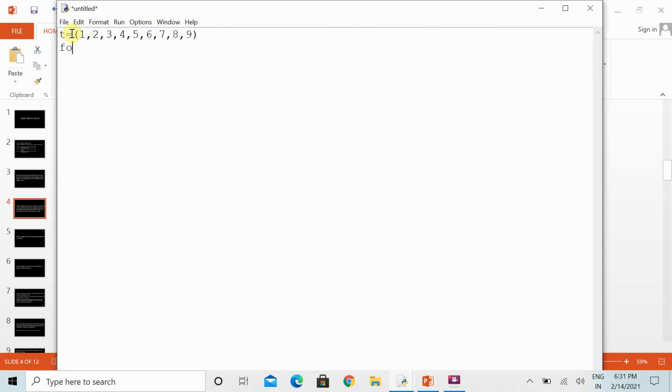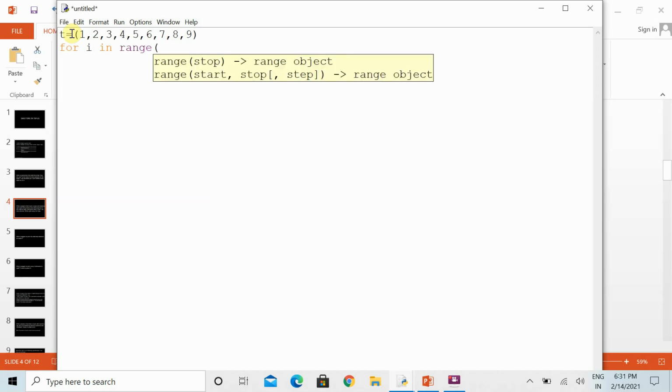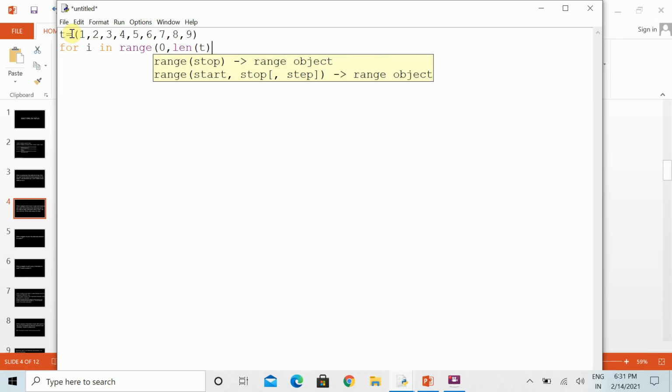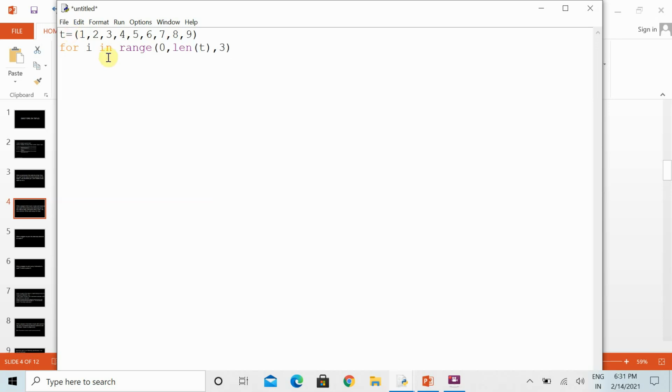We have to use the for loop. It will be easier for us to use the range function. Whenever we are using the range function, range accepts values in the form of numbers. That is why here I've used the length function so that it will take the entire length of the tuple.